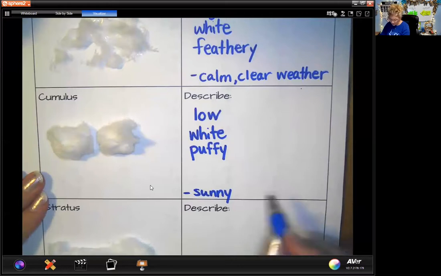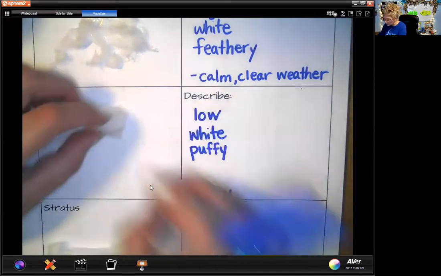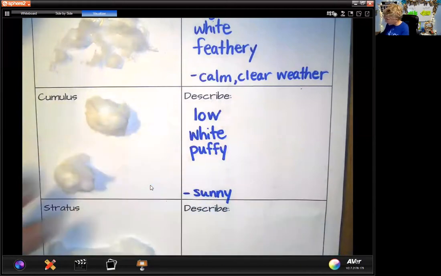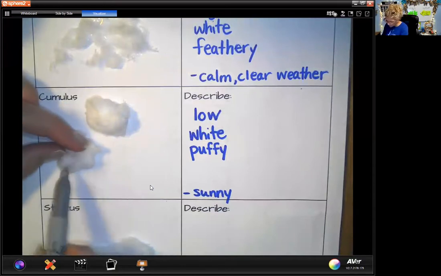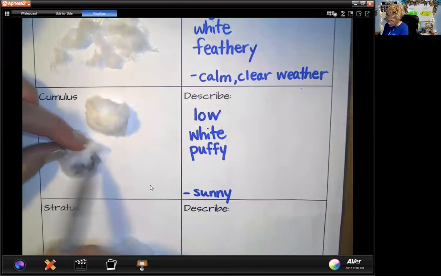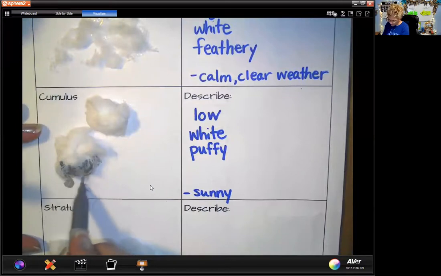Sometimes these clouds can get a little bit angry and turn into a darker cloud that can sometimes cause some precipitation, like some really bad thunderstorms, some really bad severe weather, and tornadoes. So sometimes those can get a little dark and cause rain. So if you have room, you can even just say one of them's here for the nice cloud, and this one's kind of the meaner cloud. That means wet weather. So you could even take like a gray marker or a black marker and just kind of dab at your cotton ball to make it look dark,